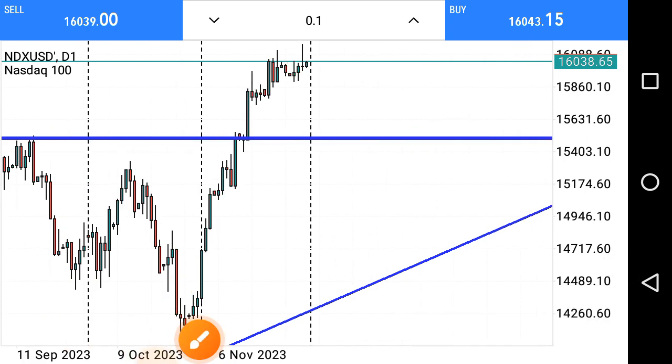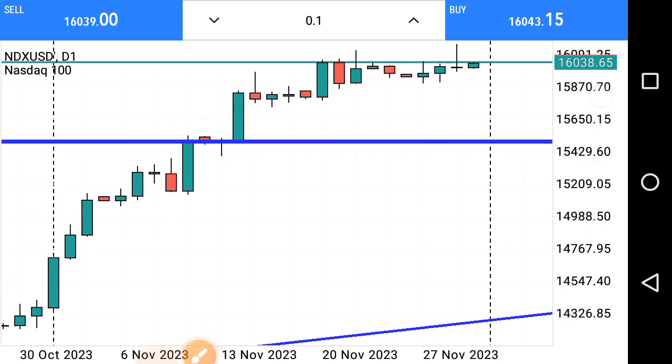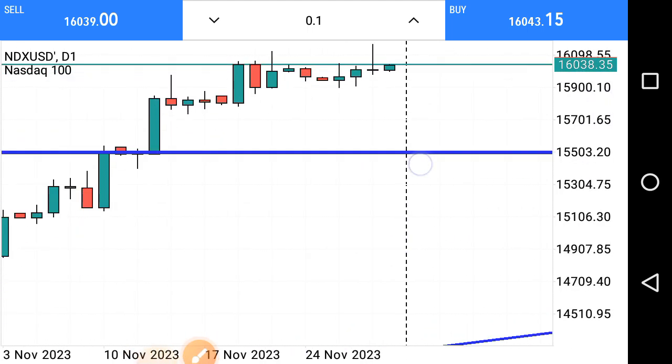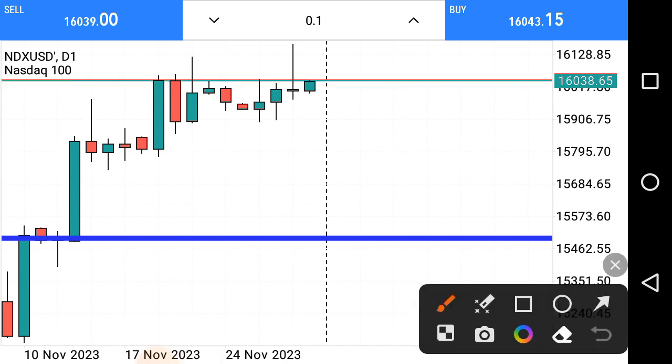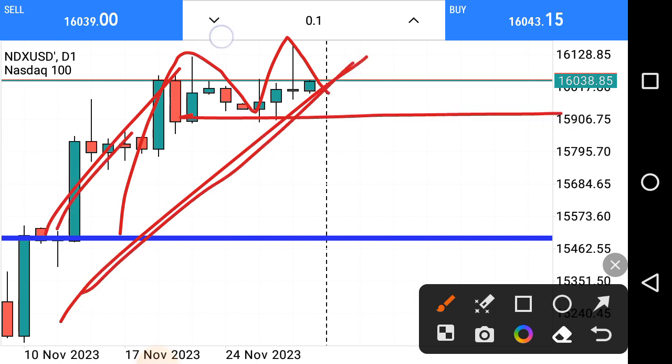So what else do we see, guys? Let's just zoom in. Another thing that I see in regards to the daily chart is that, remember I said that the market seems to be losing some momentum, right? And what this signals is that we may be getting ready to see a double top of sorts, which would have a neckline at that point, and should price close below this channel, as well as this neckline,